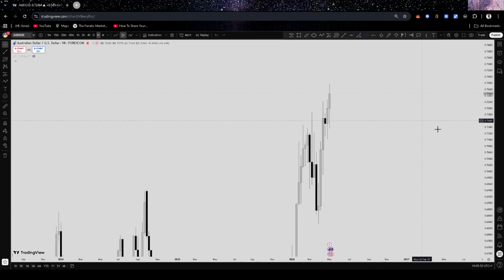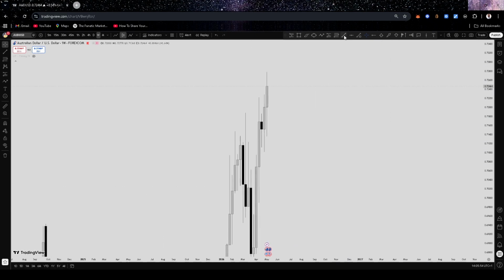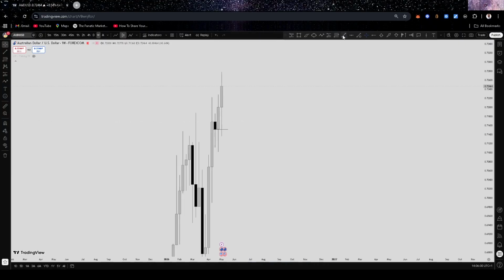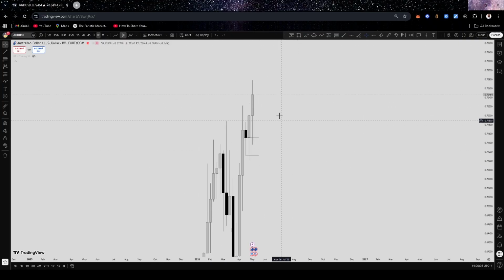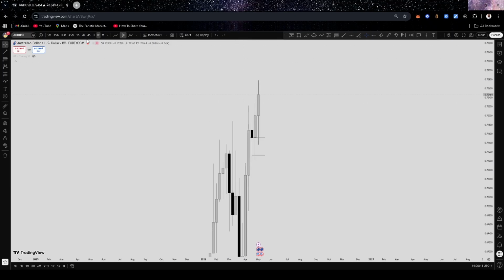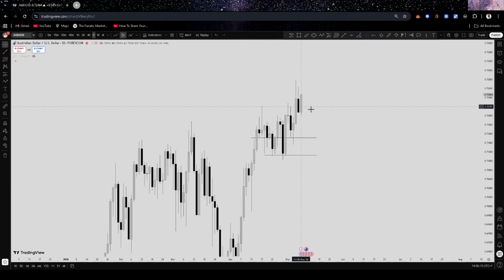We closed above this key level right here, now telling us that we are going to be bullish for a week. Now to confirm this, you can see we had a weekly rejection from this engulfing candle right here. This is a valid key level because it swept liquidity, took our previous low before closing above this high. So now weekly rejected this key level. After the weekly rejected this key level, we go to the lower time frame to see if we can have a break, and